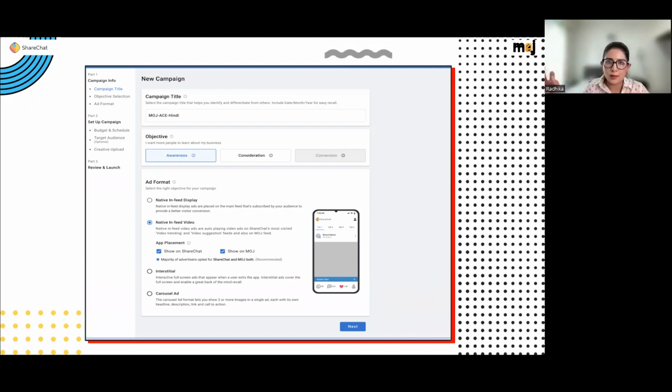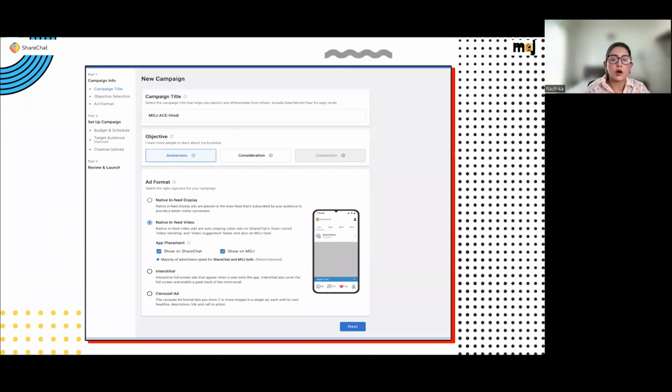Majority of our video campaigners go for unified campaigns because of the reasons I just mentioned: the benefits of scale, learning, access to a larger audience across age groups, and better optimization in smaller cohorts of users, so that you can then go ahead and set custom campaigns for each of these cohorts. So we recommend that you go ahead with a unified setup itself.